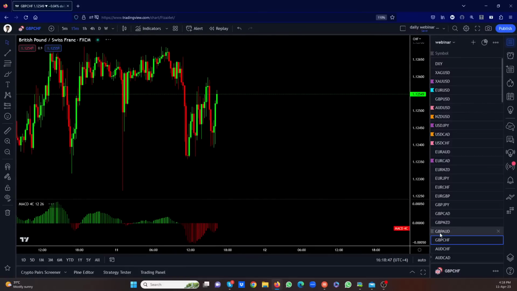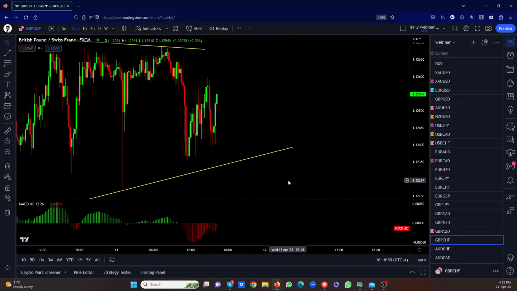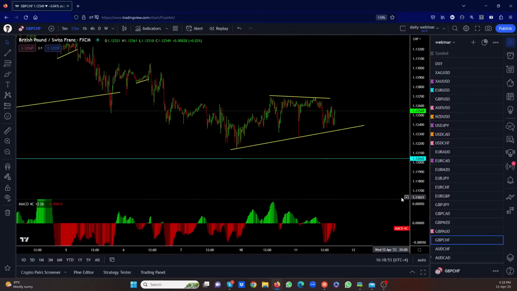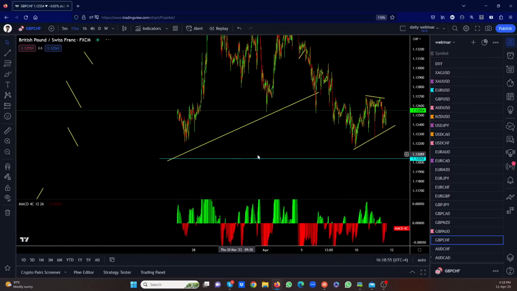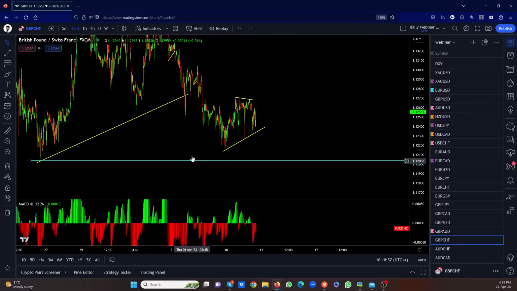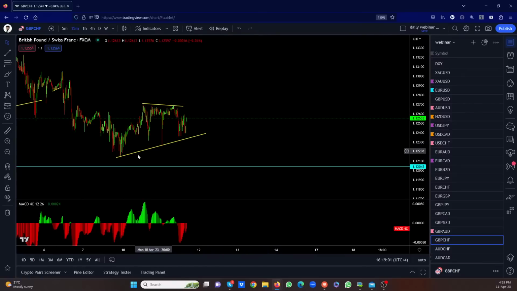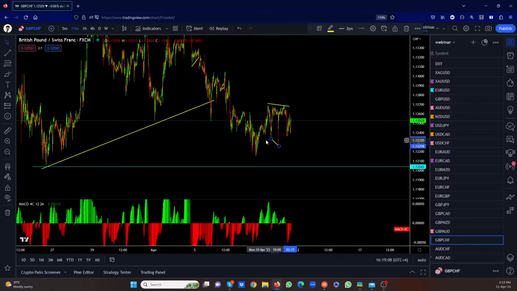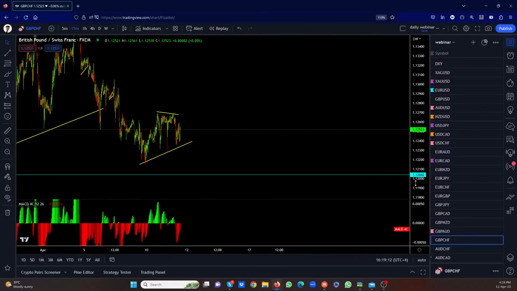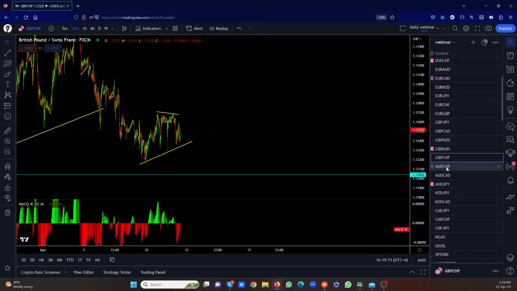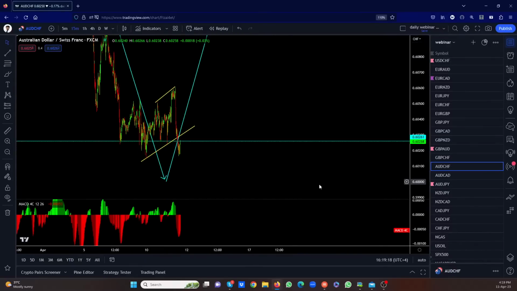Pound Swiss. So we're waiting for a flag here for the sell. Pound Swiss, nothing. It's kind of going sideways. It looks like we could get a buy setup here. It's not quite ready for the buy. Or we're going to make a new low. I think there's a good chance they make a new low and then go back up. So let them make the new low first. Aussie Swiss. Make a new low and then go back. It has to break this low as well. So let it come here, make a new low, and then we start to look for the buy setup.